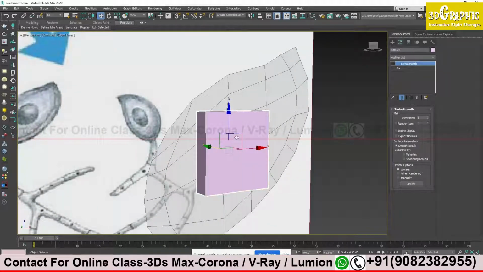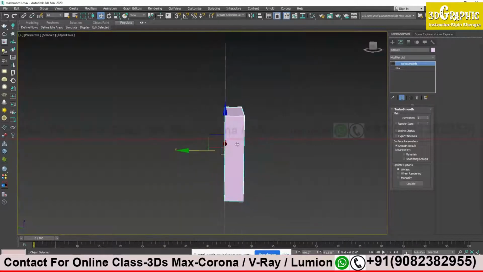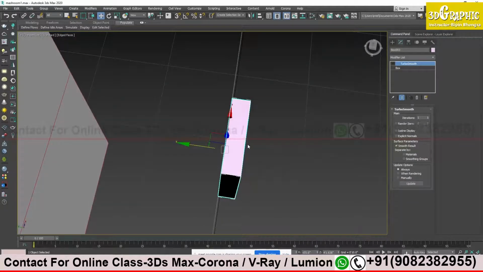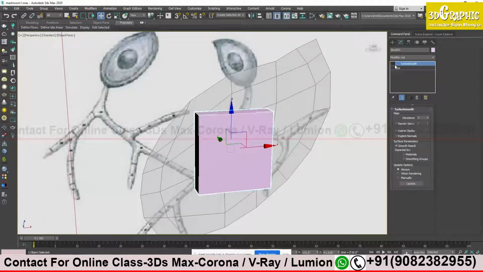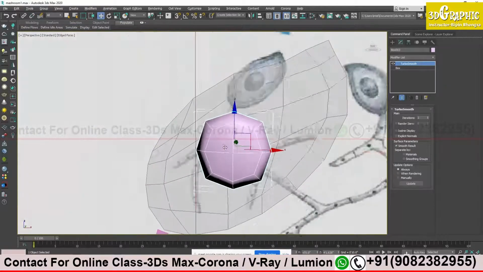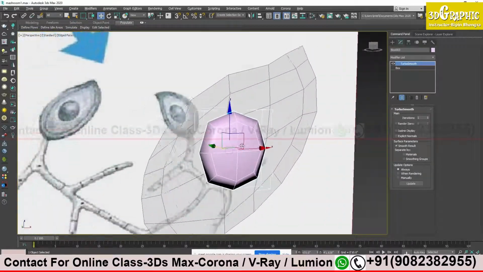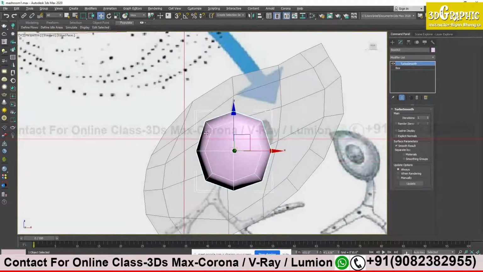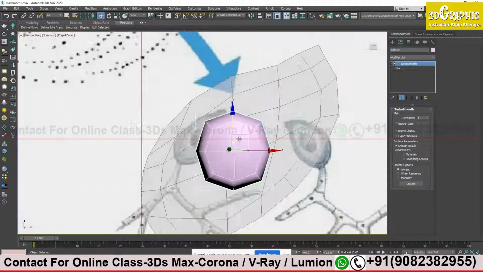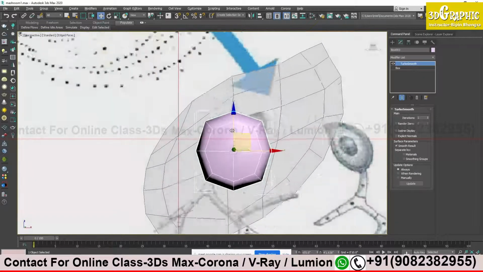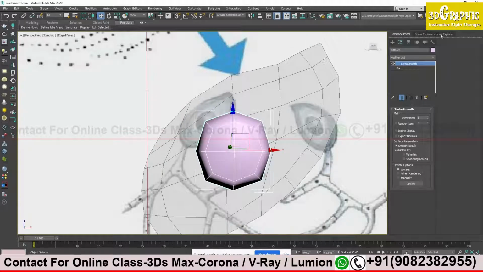Like here is one face, it will divide into four parts. This face divided into four parts. This face divided into four parts. When it does that, it will automatically round the shape. See, my shape is rounded and I got so less number of vertices and edges over here. So it will be easy for me to manipulate and get the shape.